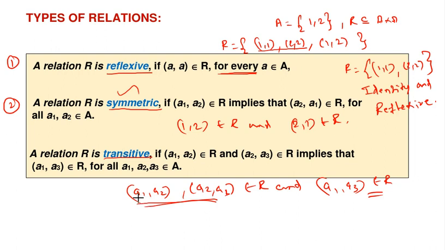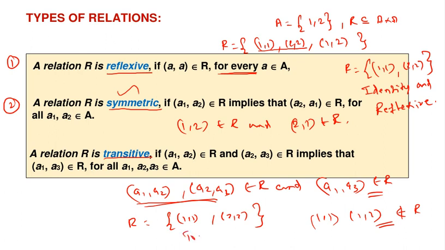So dear student, in case there is no possibility of (a1,a2) and (a2,a3) both in the ordered pairs, then also the relation is a transitive relation. Only if such ordered pairs exist do we need to test for transitivity; otherwise it is directly a transitive relation. For example, R has only (1,1) and (2,2). Here (1,2) is not in the relation, so there is no pair like (a,b), (b,c). If no such ordered pair is possible, we can conclude R is a transitive relation.